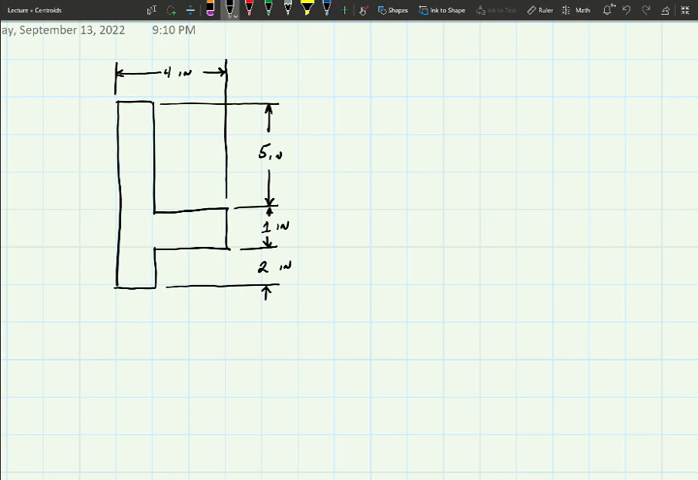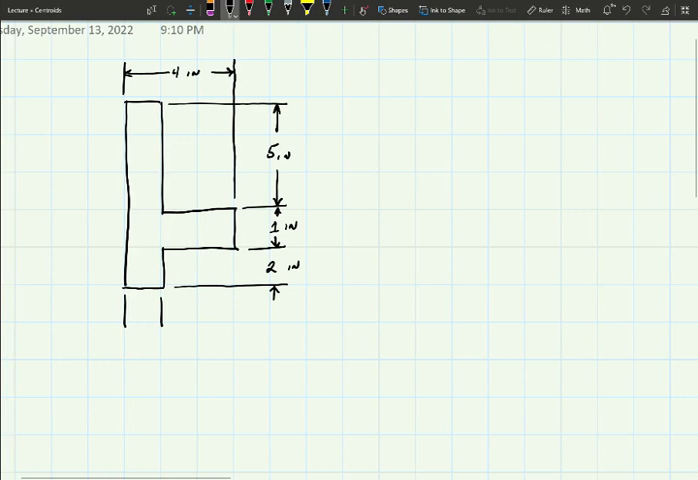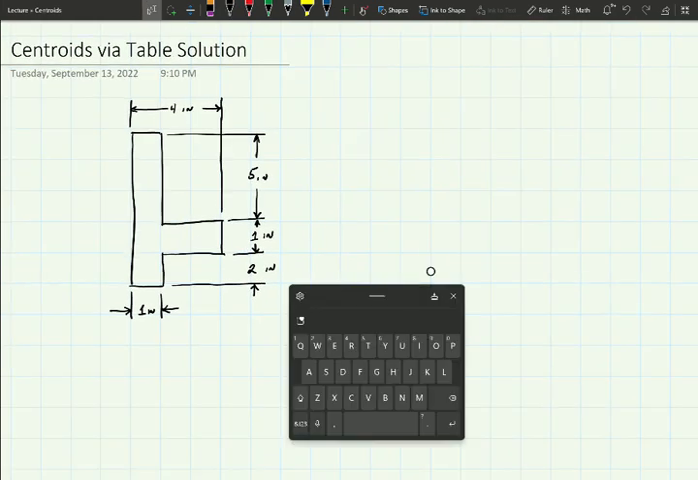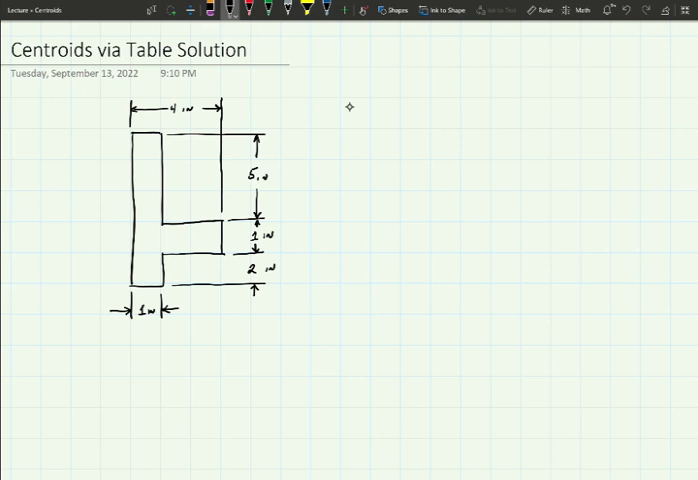Okay, what did we miss? Oh, we got to dimension this one, so this will be an inch. All right, now that's all we need. Okay, and the promise statement is kind of like this. So, locate centroid of